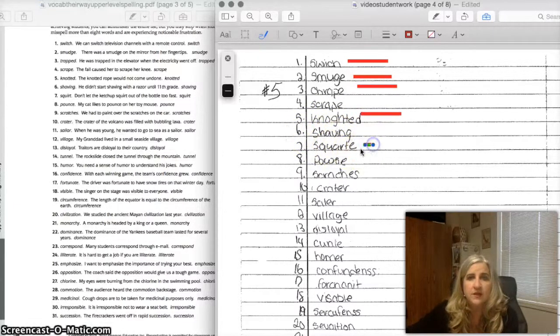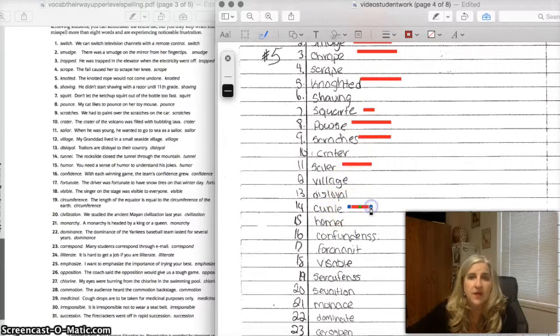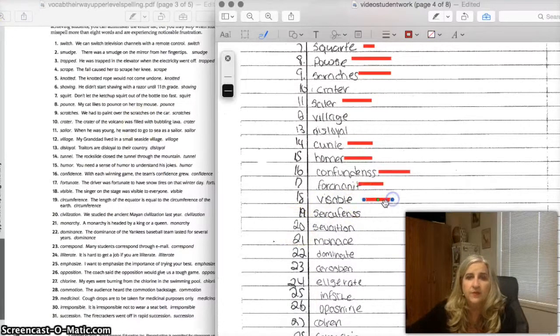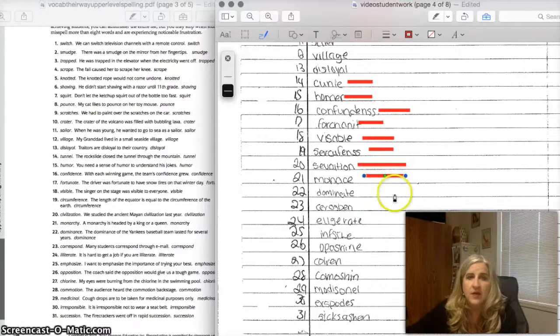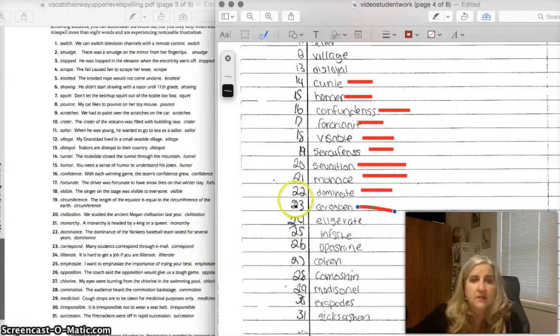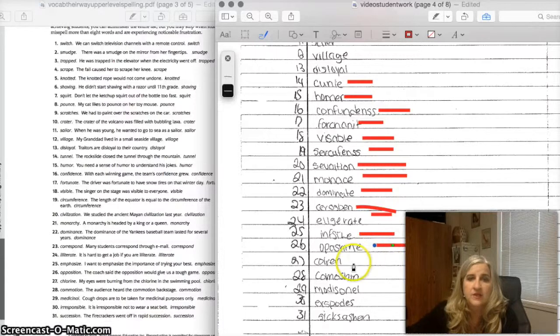Shaving, squirt, pounce, scratches, crater, sailor, village, disloyal, tunnel, humor, confidence, fortunate, visible, circumference, civilization, monarchy, dominance, and that is correspond, illiterate, emphasize, opposition, chlorine, commotion, medicinal,